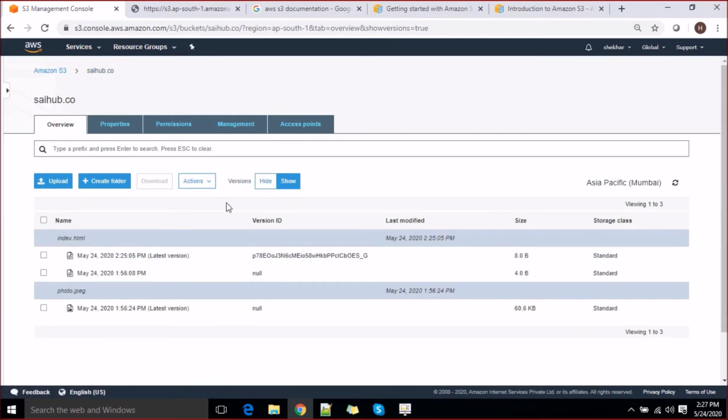Okay, so now here were the versions. You can see the two versions here available for you. This is the latest version, this is the previous version, which is already available for you.